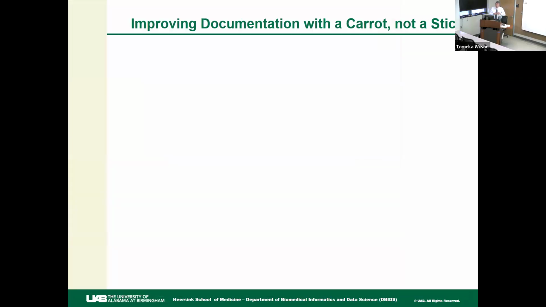Okay, so we've been trying to improve documentation for decades. First on paper, working with medical students, write better notes, and of course they write these big notes and then they learn to write them smaller as residents, and then as attendings even smaller. But it was always a question of trade-off of how much time they would spend, how neat their handwriting was, because they were writing quickly, and the content of the note.